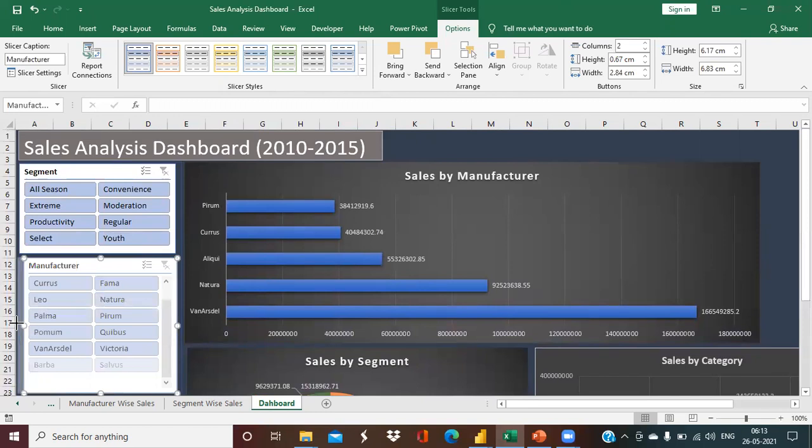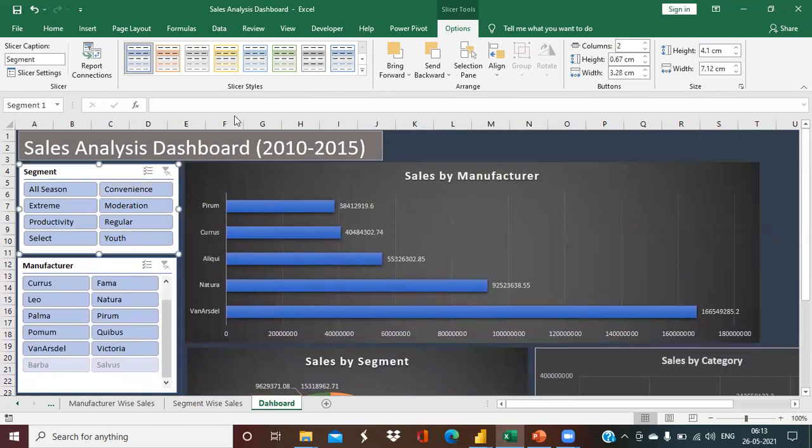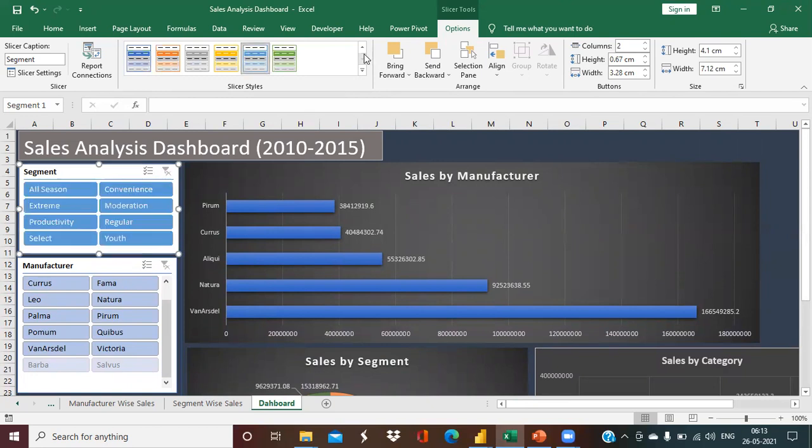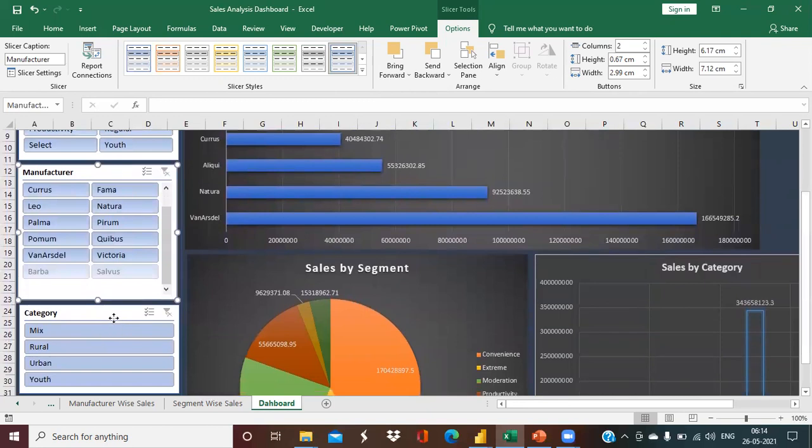So let's drag it a little more to make it better looking. Okay, and drag this one as well a bit more. Yes. Now, good. First of all, I want to change the color of my slicers as well. I want to change the look of my slicers as well. Okay, so not this one. And something like a darkish blue color. This looks much better. Okay, and the last one as well.